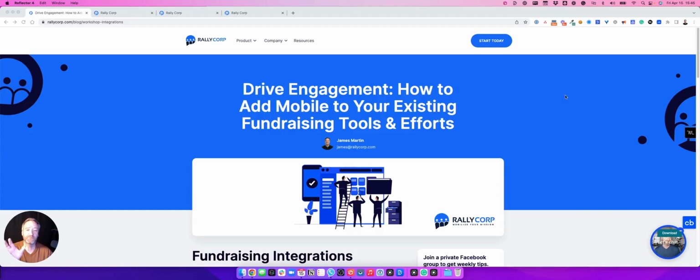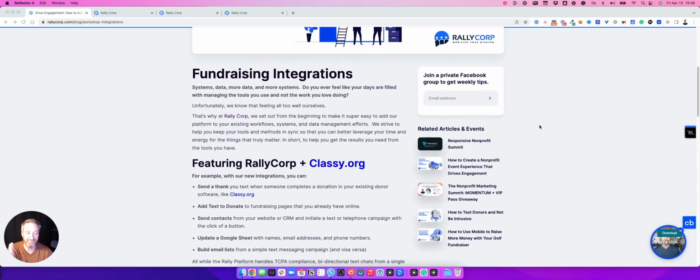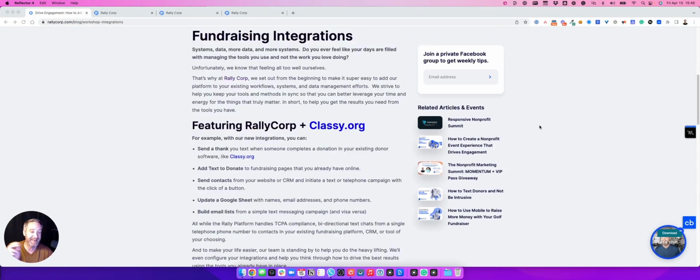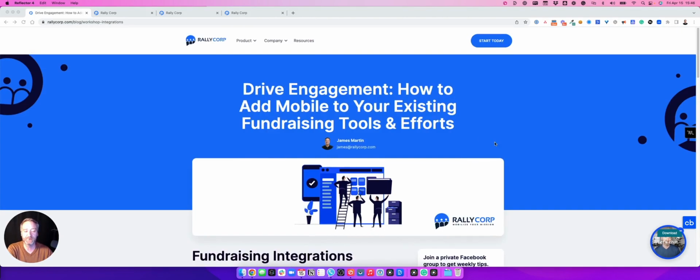Wanted to just walk you through one of the most common integrations that we get asked about. In fact, it's one of our favorite because it was our first native integration in our system. Now, what native basically means is that our developers used our application programming interface, or API, and then worked with our partner Classy and their API and made the two systems work together. Now, we have several different kinds of integrations, but let me show you exactly what the Rally and Classy integration